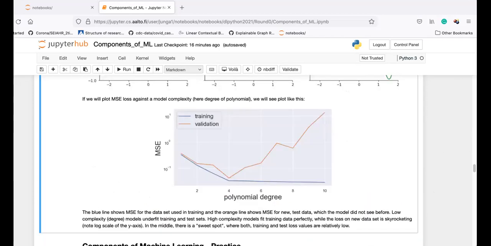Okay. When you look at these plots here, what is the best polynomial degree in your opinion? 4, yeah. Why do you think 4 is the best? Any ideas why 4 is good? Because it has the smallest validation error. Yeah, that seems reasonable. Polynomial degree 4 here is just the one which has the smallest validation error for this particular data set.